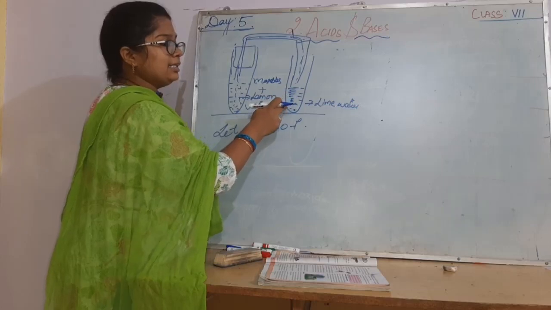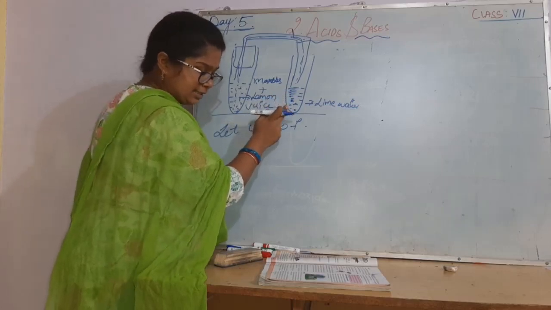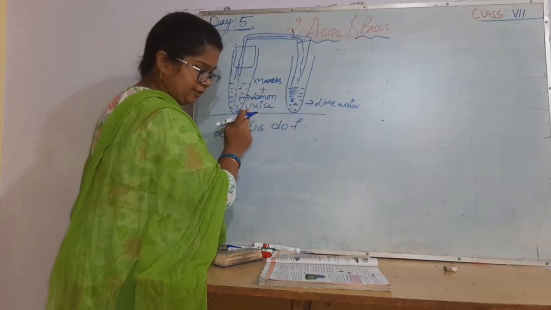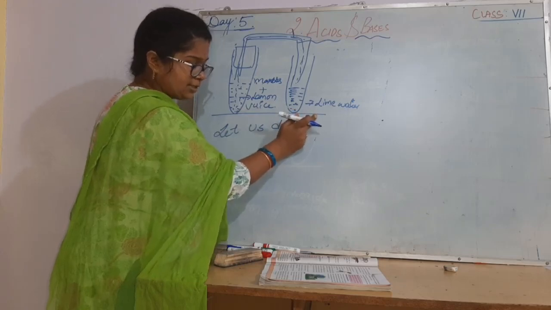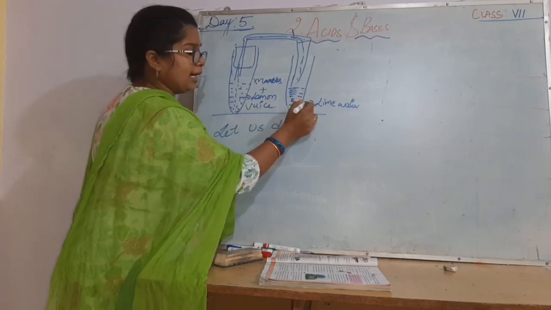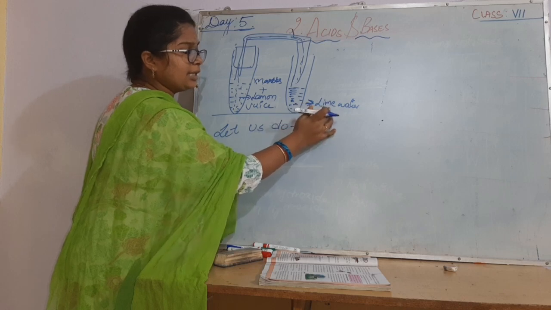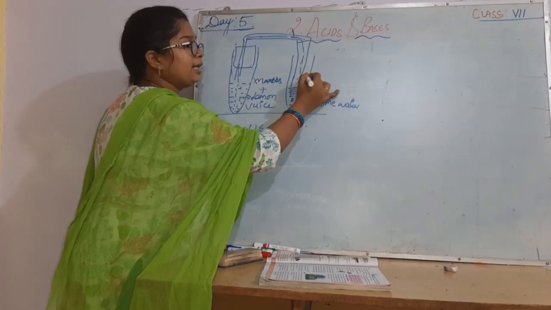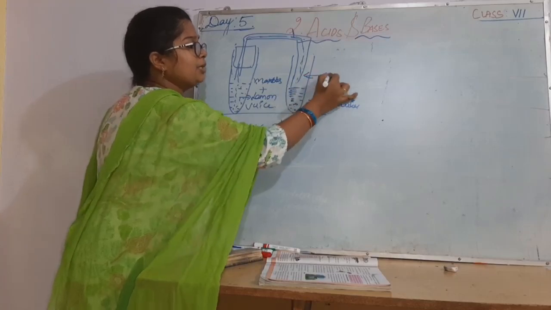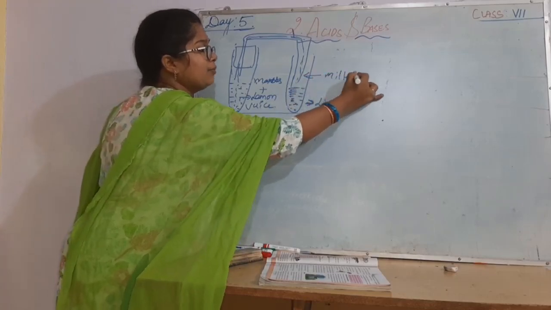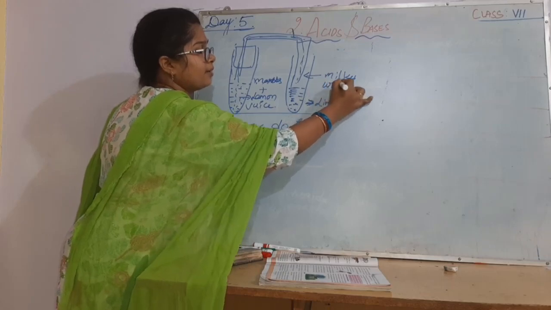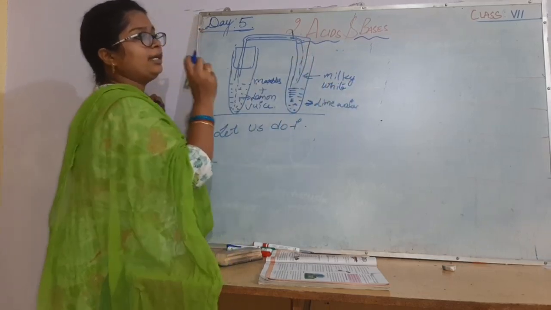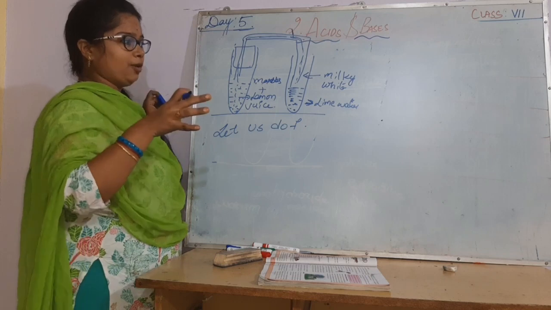When a gas is released, lime water, lemon juice is something different from lime water. When it is passed through lime water, I said calcium, isn't it? Lime water. When this gas is passed through the lime water, it has changed into milky white. Milky white. When a matchstick is kept near it, the matchstick is put off.